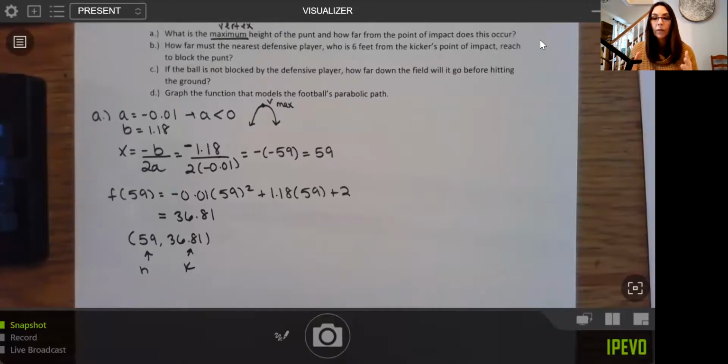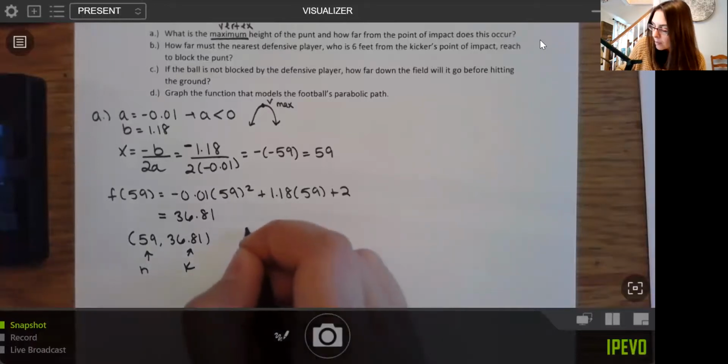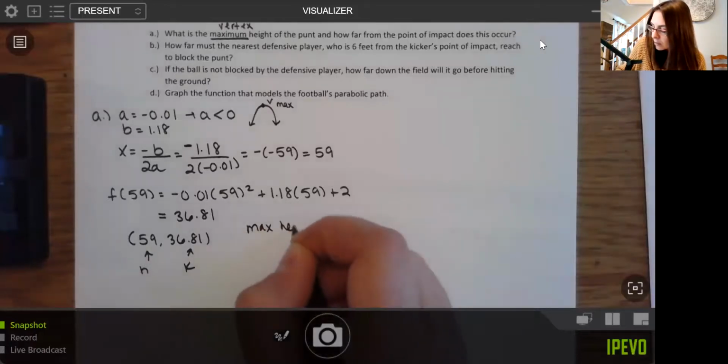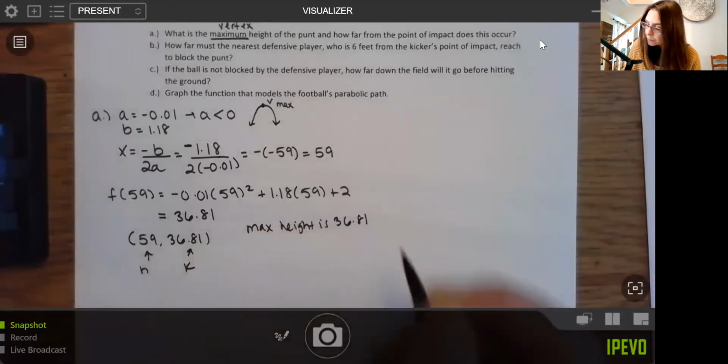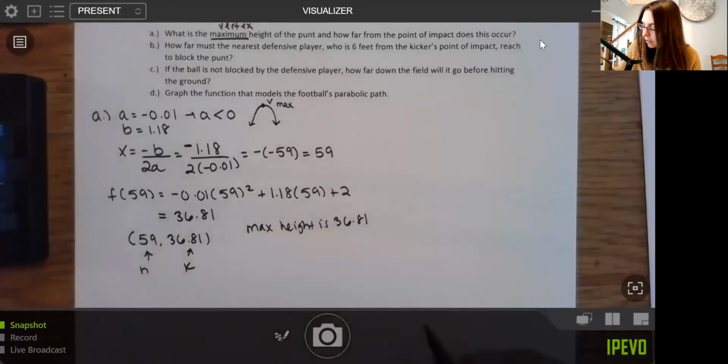So maximum height refers to maximum value here. So you want the y value for that maximum height. So our maximum height is that 36.81, and we are in feet here. The other question looks at